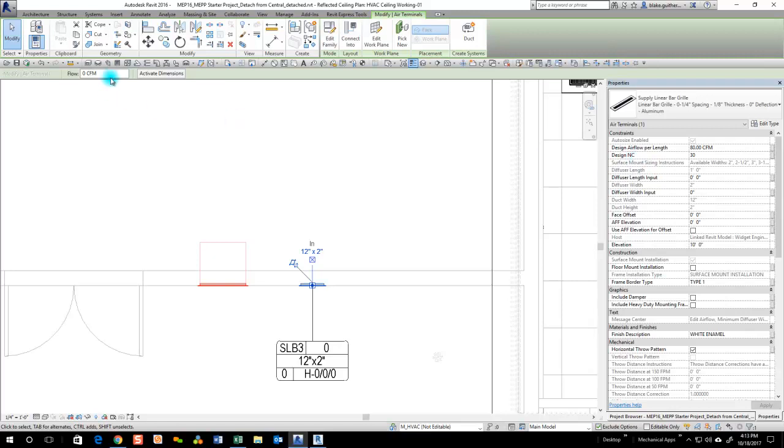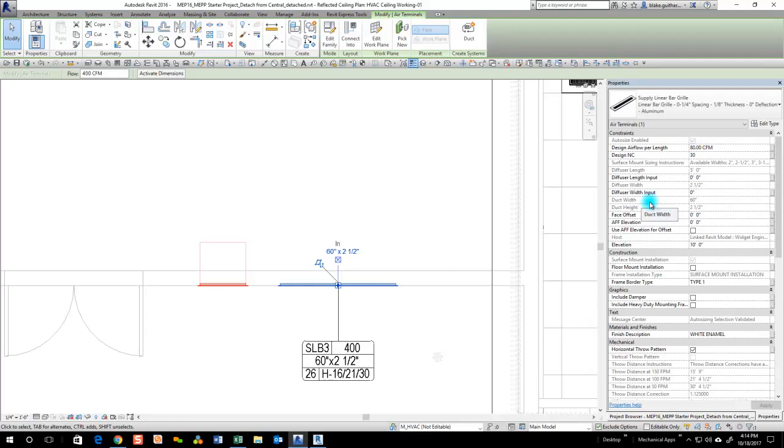So let's give this some airflow. Let's say 400 CFM. So the first thing is this 80 CFM per foot is going to be used to size the length of the grill. So in that case,